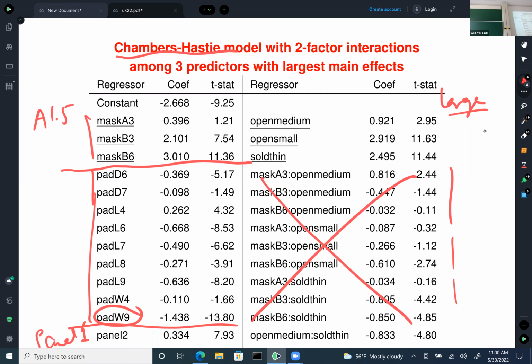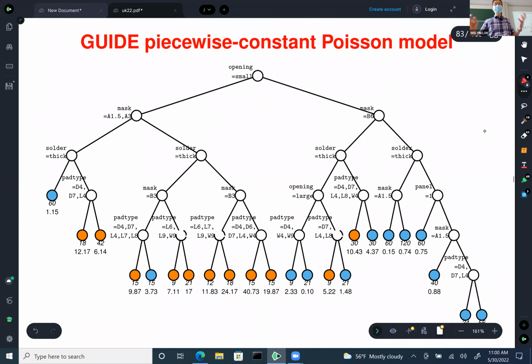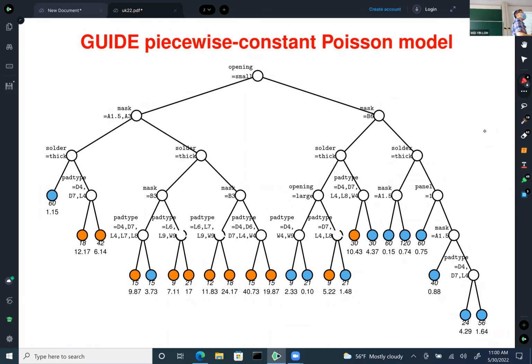Okay, so what do we do? Well, you can try to fit a GUIDE model. And the GUIDE model is huge because it's fitting piecewise constant. And this doesn't help you very much. You can see all the interactions going on, right? First it's based on opening, then it's based on mask and solder type, thick or thin, and so forth, right? But